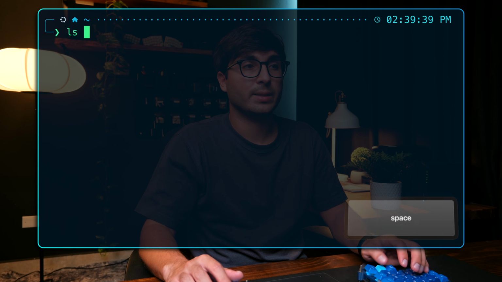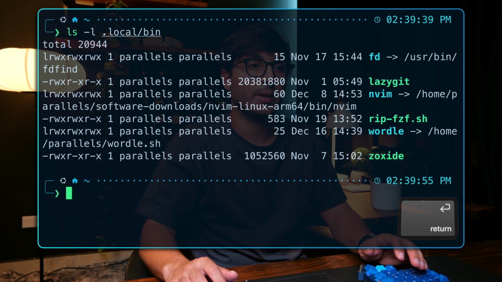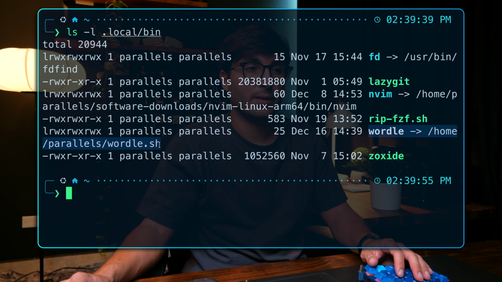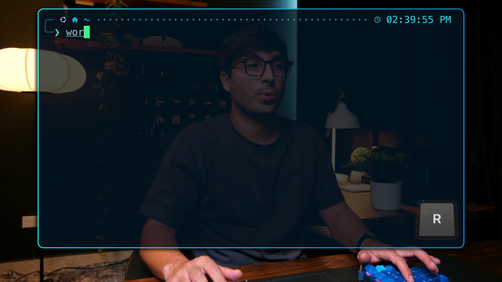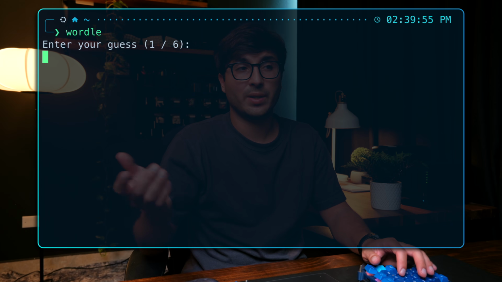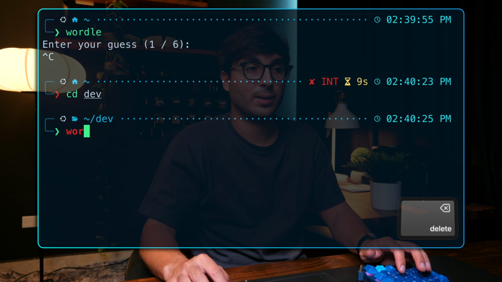Now if I do ls -l and list the contents of .local/bin, you'll see that Wordle is a symlink to the wordle.sh shell script. Now if I do Wordle and press enter, I can start playing Wordle no matter where I am. So if I go into my dev directory and type Wordle,